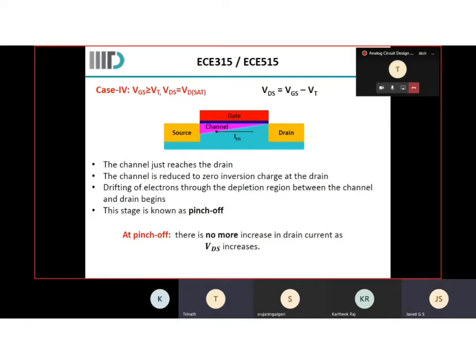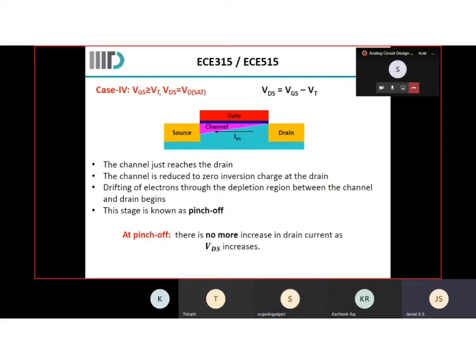When we apply the same concept across the channel, we can assume the source will be at zero potential, and the drain will be at positive potential. This is similar to a resistor, as the channel is formed. So when the channel is formed, as the drain is having